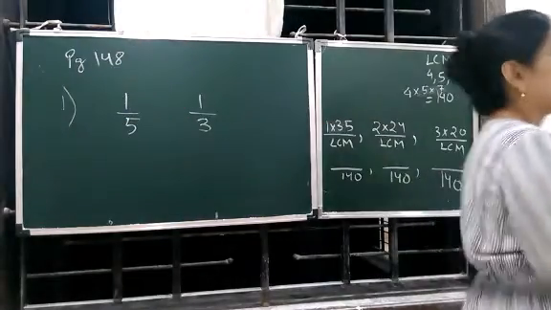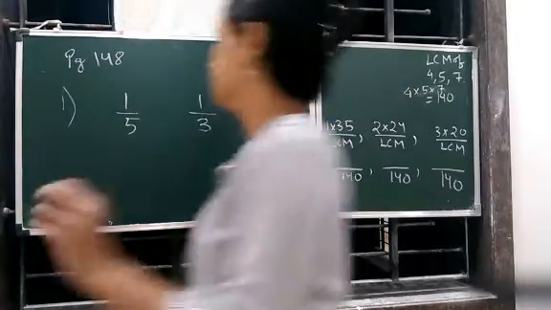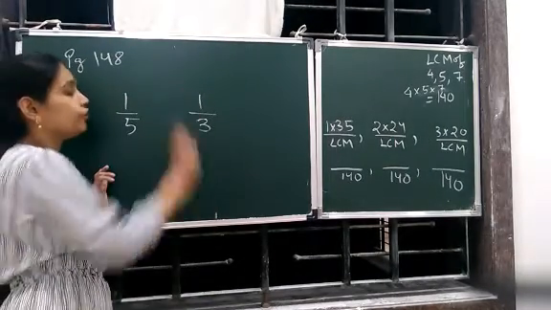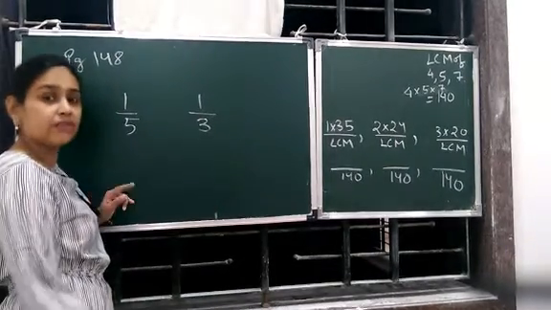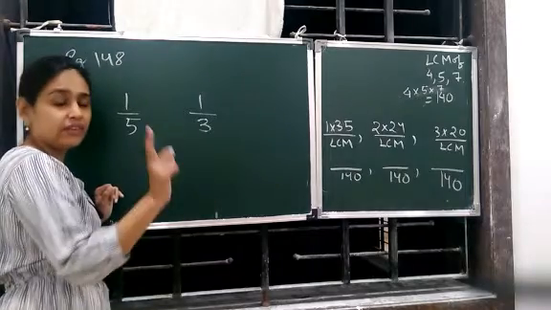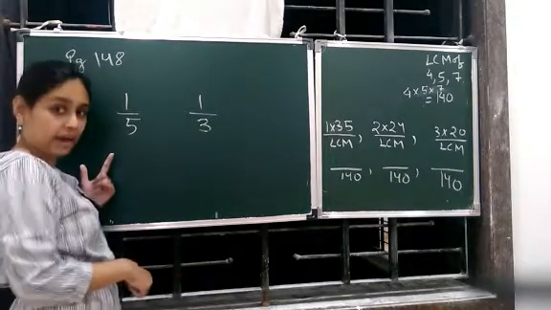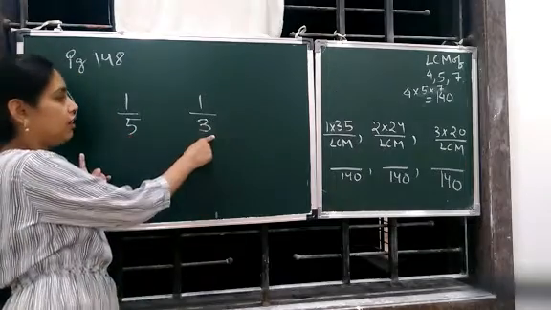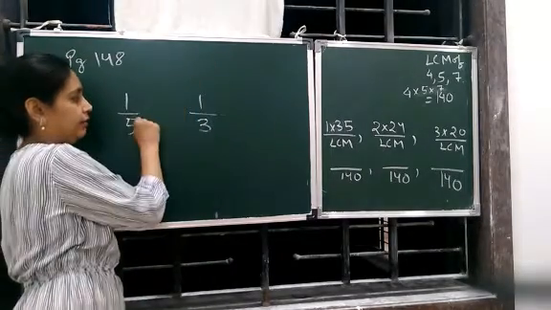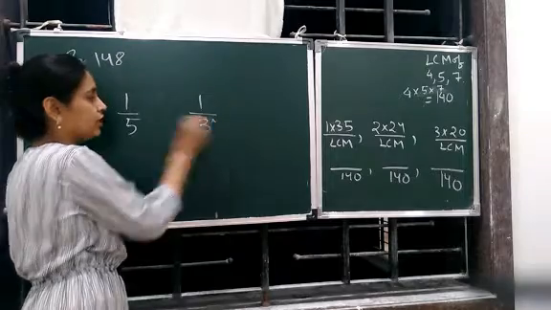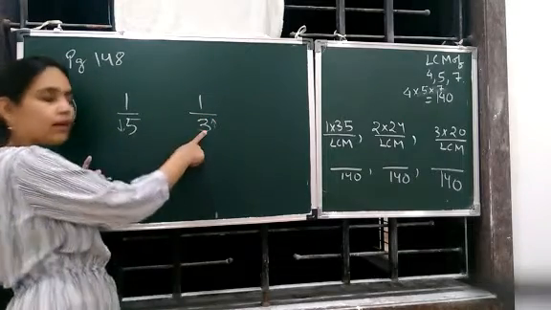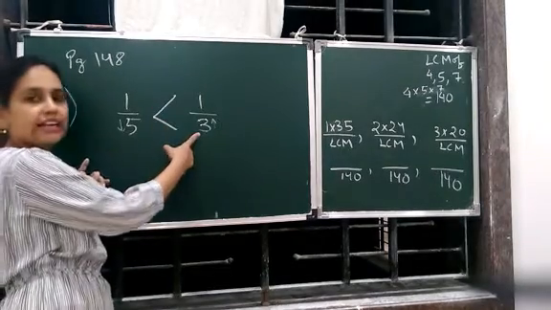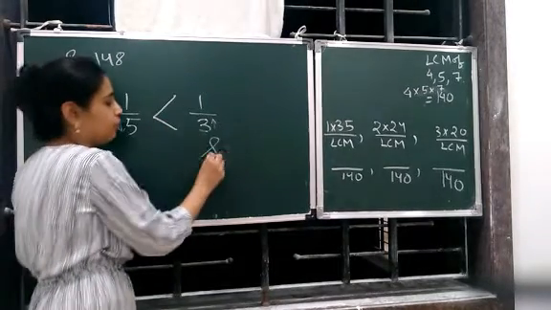Now what is same here? Either the numerators are same or the denominators are same. Here the numerators are same. So when the numerators are same, we compare the denominators. But when we compare the denominators, we do the opposite. Small becomes big, big becomes small. That means this becomes bigger and this becomes smaller. This has become bigger, that means this is bigger. Okay, so who gets more? Sister gets more.